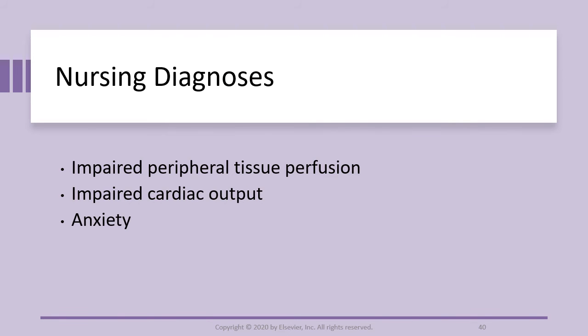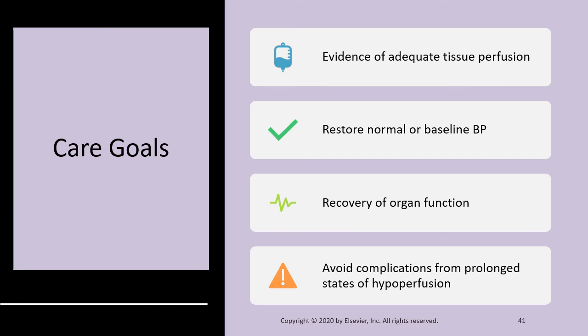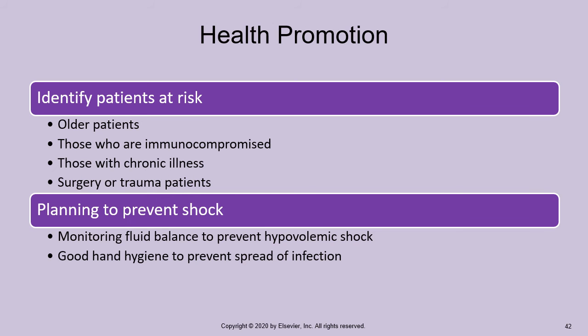Nursing diagnoses are impaired peripheral tissue perfusion, impaired cardiac output, and anxiety. Care goals will be to demonstrate evidence of adequate tissue perfusion, restore normal or baseline blood pressure, recover organ function, and avoid